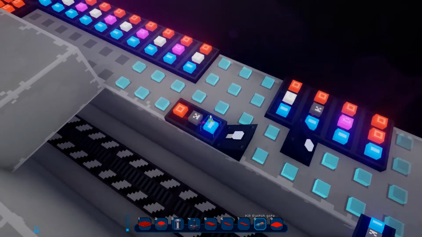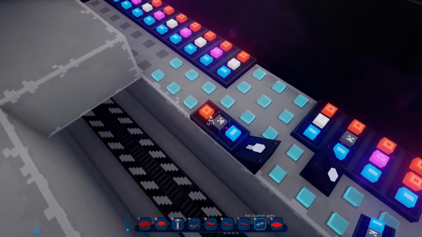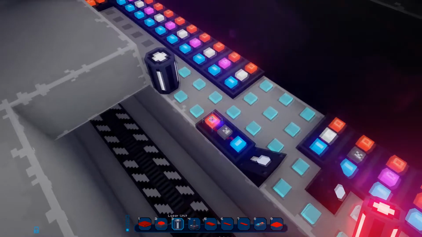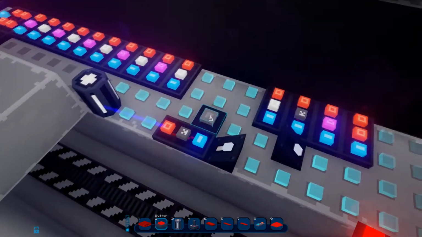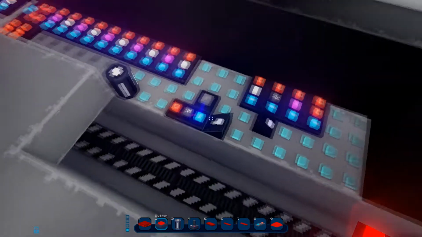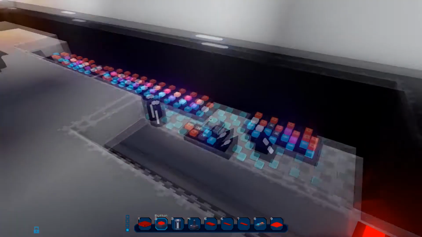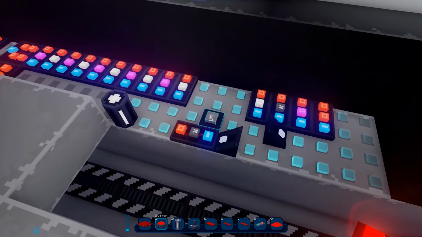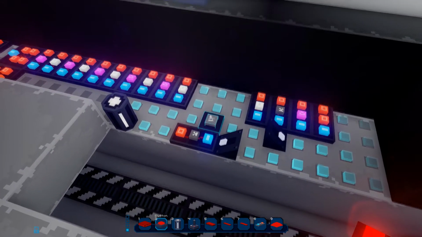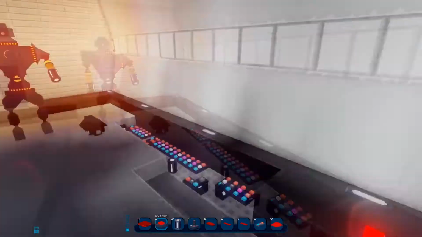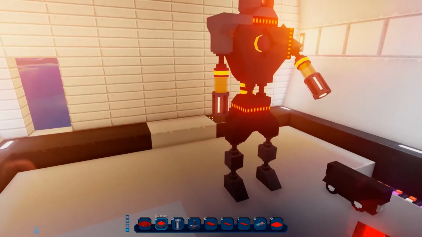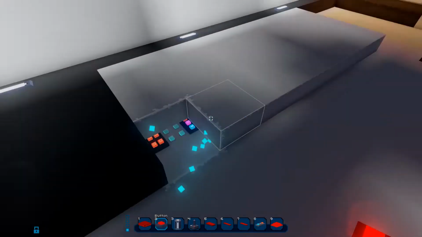But if this is set to on, then the signal is allowed to flow to the output, and then it will output a signal. So I'll just get that there, get a button, and attach that to that. At the moment I can press a button and it will fire and it will shoot through the roof. If this is disabled, I can press the button, nothing's going to happen. So that's just a new development update of sorts, but I'll just try to show you what I